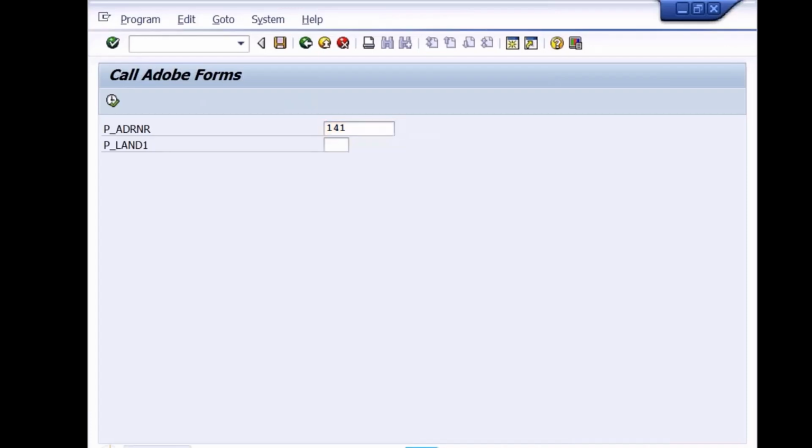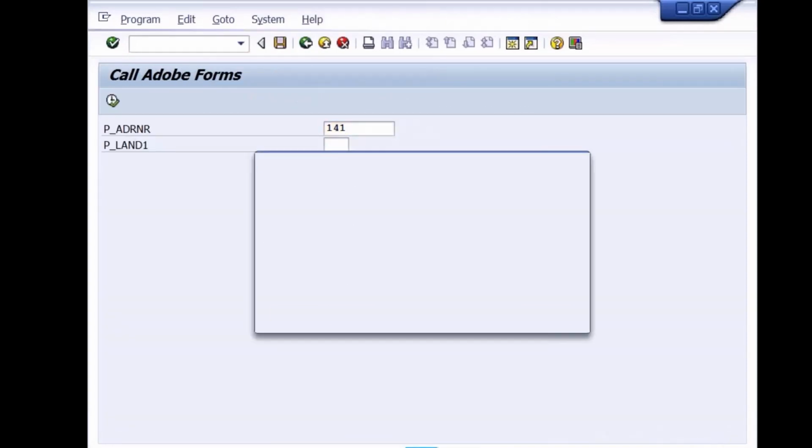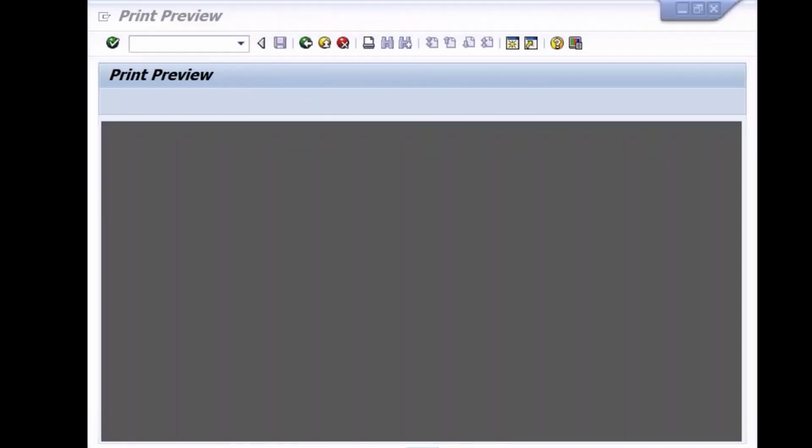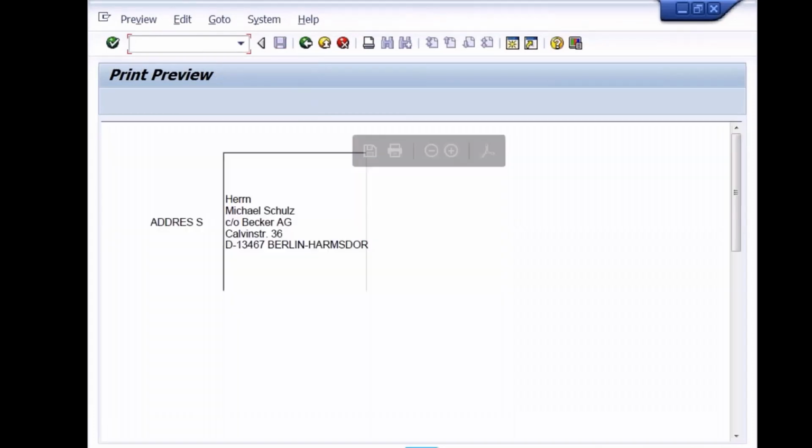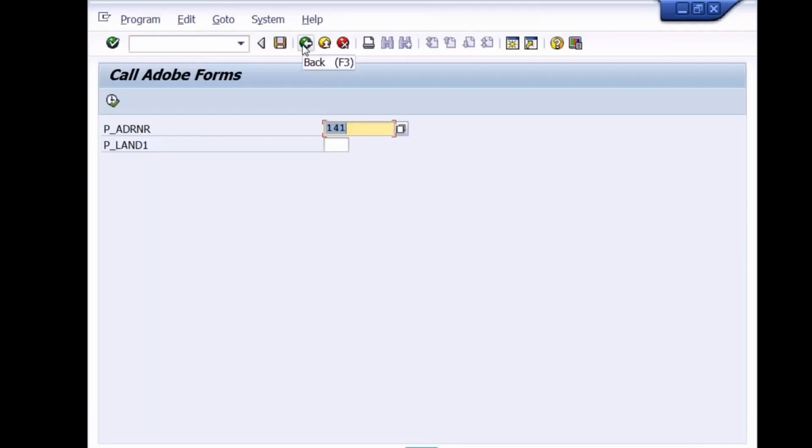141 now. So adjustment problem. Did I get it? Okay, I got this. Some address I got. Next, what is the other one I give? 22901.